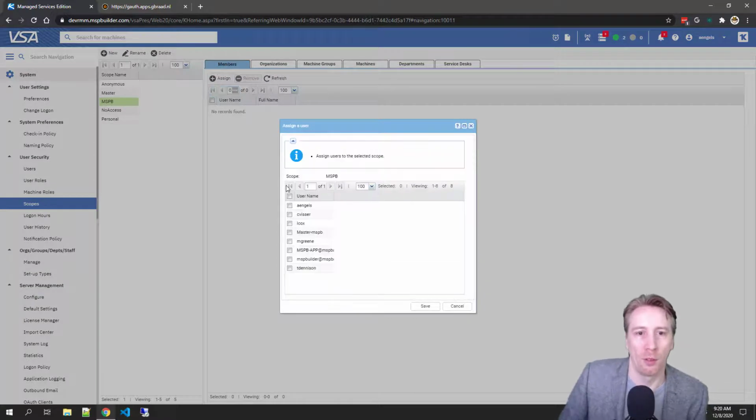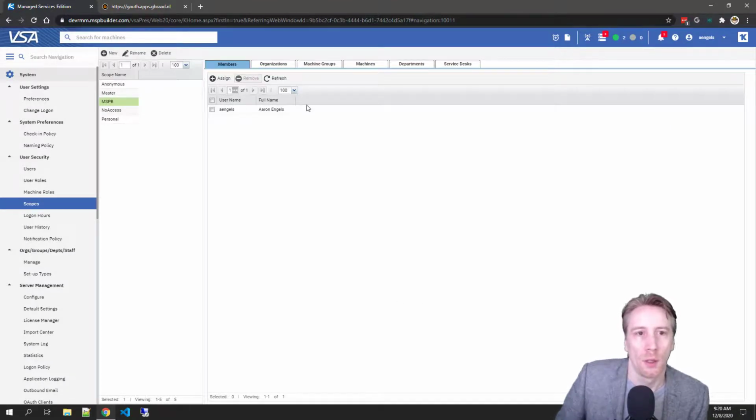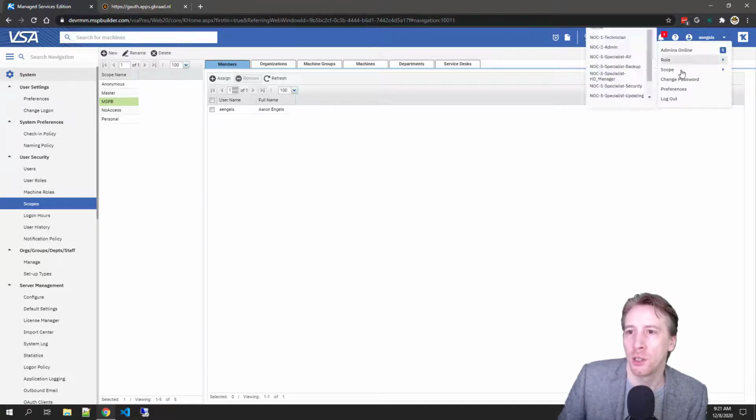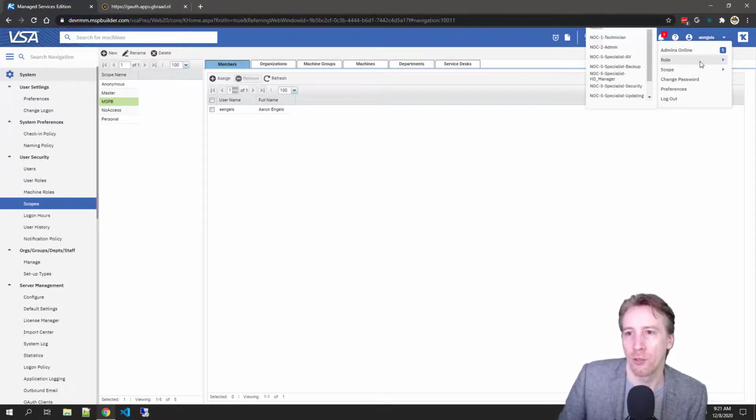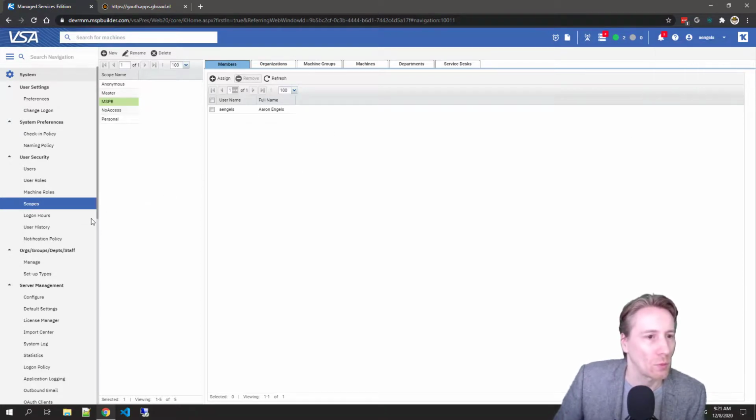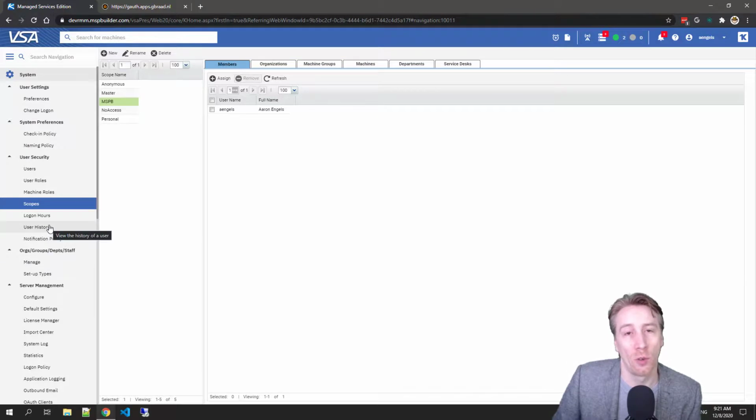I'll make myself a member. There we go. So now I can see that. Now you can't really see the roles and scopes when you change them. You have to log out to log in again. And that's really it for